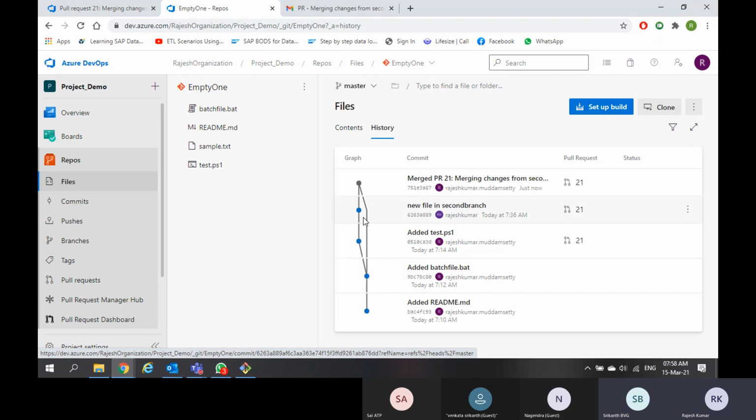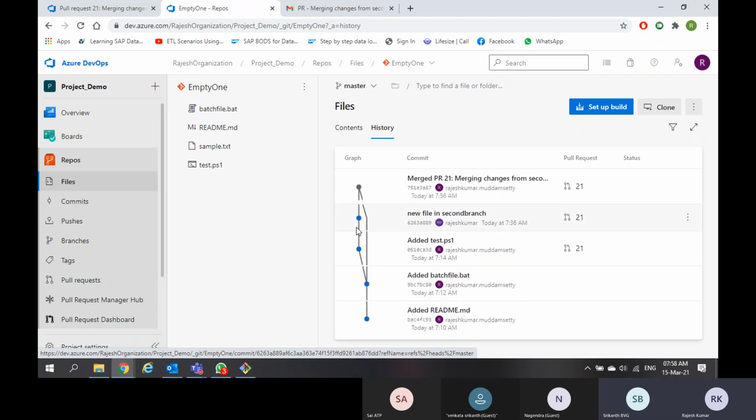Rebase is something like giving your commits on top of the commits. See, now it is showing blank here, blank here. Why do I need to keep this blank? Bring this into linear, keep it in the same line. Then you will see only a single line. The graphical presentation will change. Okay, so that is the difference between merge and rebase.